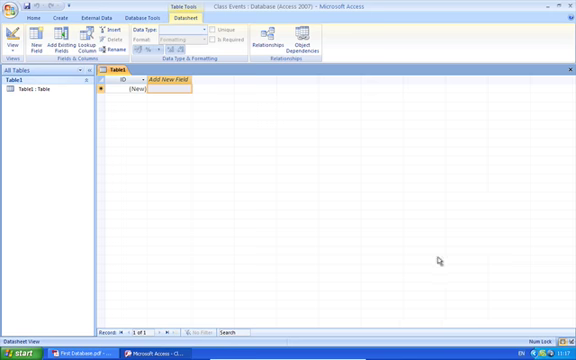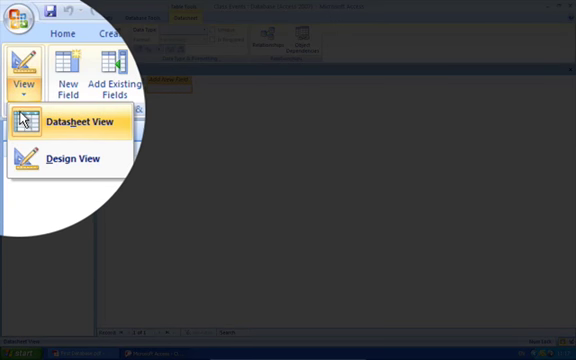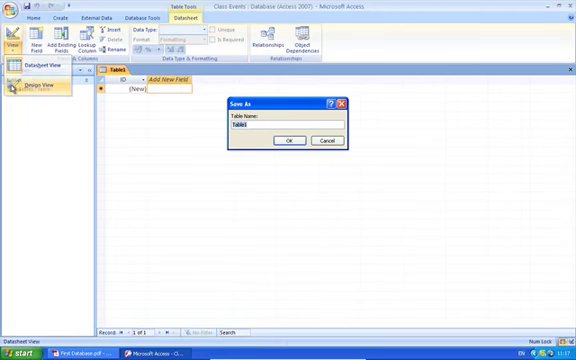Okay, it automatically creates a blank table for us, and that table is ready to input data. But before we input data, we're going to apply the design to that database. So up in the left hand corner here, we're going to change from the data sheet or the data entry view to the design view, so we can set up a design. At that point,